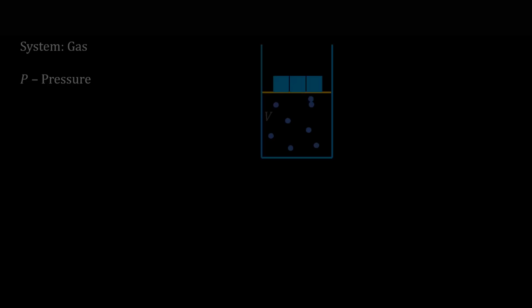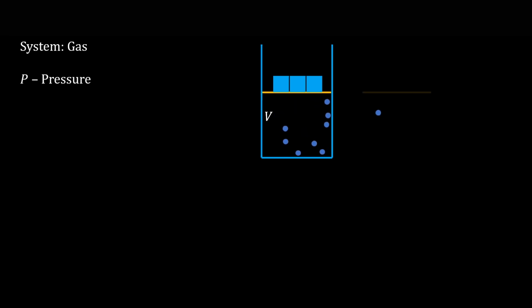Let's see about pressure. Imagine the bottom side of the piston. The gas atoms are bombarding with certain force. When some atoms go down, some other atoms will come up and hit. So there will be a constant force. The force divided by the area of the piston is pressure. Not just in the bottom side of the piston, it can be measured anywhere in the gas and any area. It is going to be one uniform value when the system is stable.